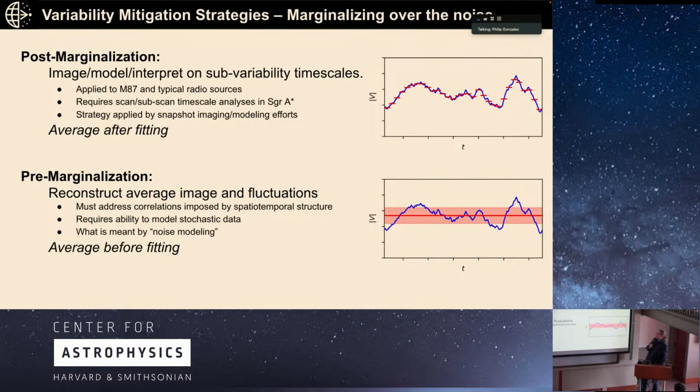The first is to essentially make a poor image reconstruction many, many times through the night on short time scales, and then average those poor reconstructions to improve the fidelity of the image reconstruction. And the other is to develop a statistical model for looking at the variations in the data and fit a single average image reconstruction all at once. You can call these averaging after fitting or averaging before fitting,